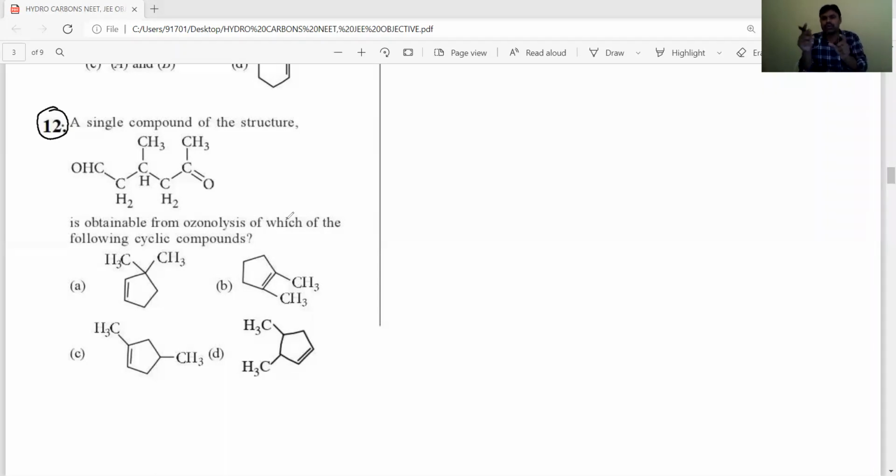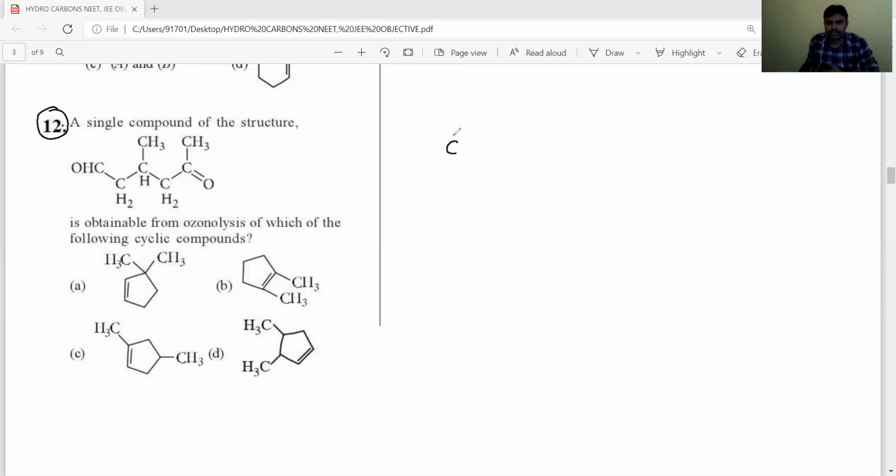Between the two carbonyl groups, you just have to remove the oxygen atoms and keep a double bond, then we'll get the corresponding reactant, or alkene. Let's see the given product. Let's write it, everyone. For example, the product is